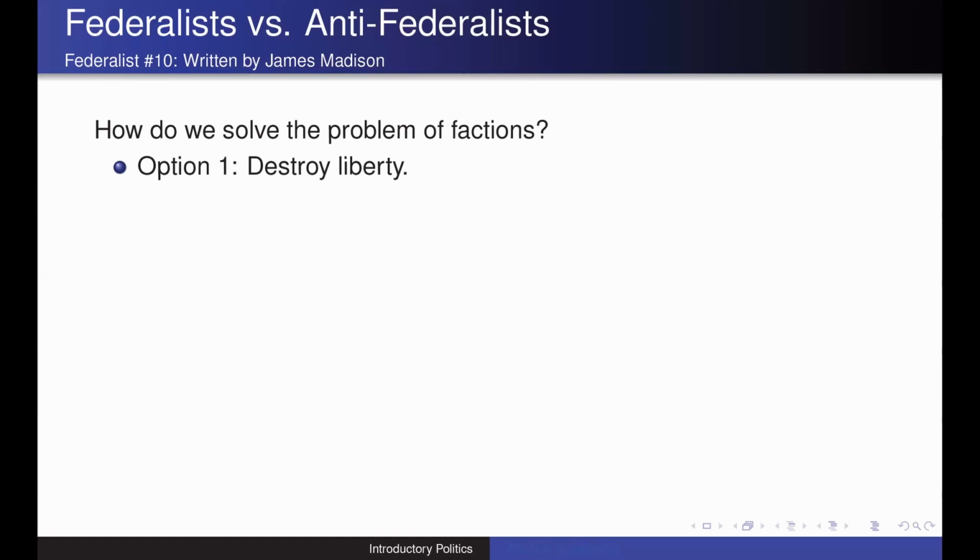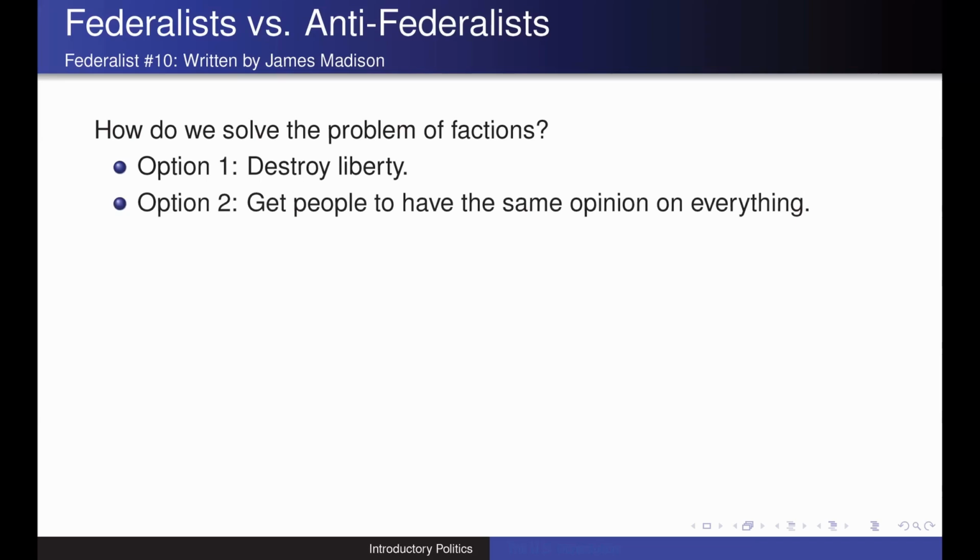We rebelled from tyranny under a king, and so we don't want to go back to a very strong centralized authority that essentially runs our day-to-day lives. And so while destroying liberty is something that maybe theoretically could work, it's not something that realistically can work in the United States. So he then says that there's another option.